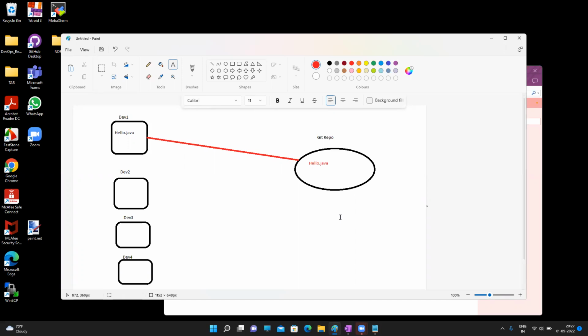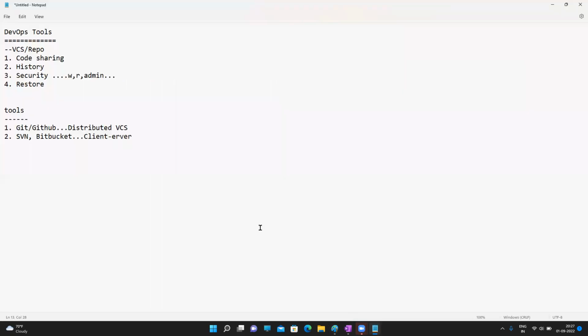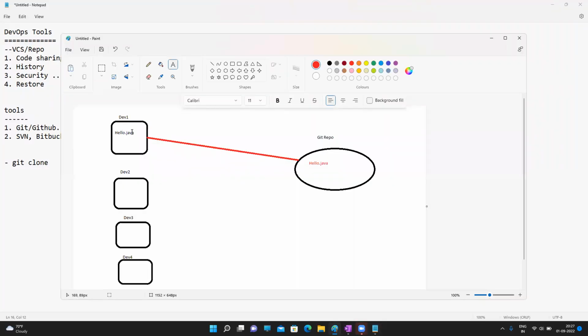So now if developer 2 wants the same code, the first command is git clone. Clone is the command to pull the source, or copy the source, from the repository to your local system,